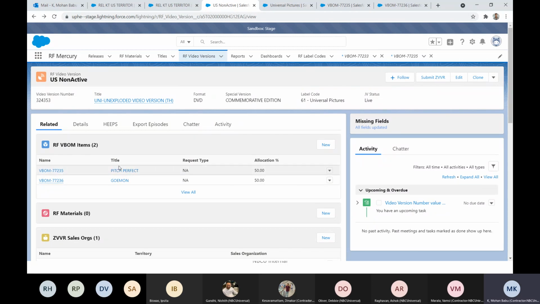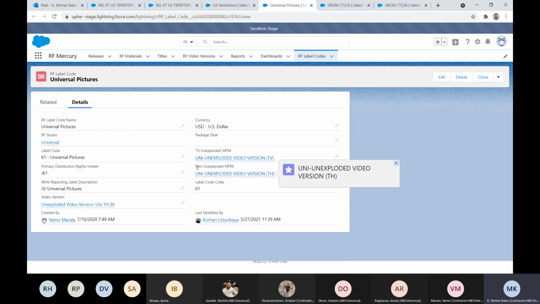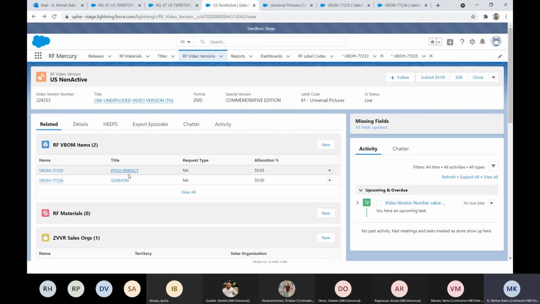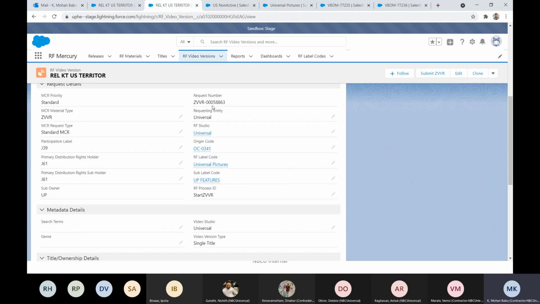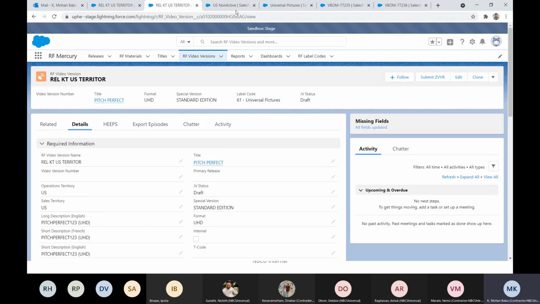Both are film titles, so we need to take the value from the film unexploded MPM. If both are TV titles, like RK Show 1, RK Show 2, then we'll take the unexploded MPM TV title and that will get stamped on this video version.